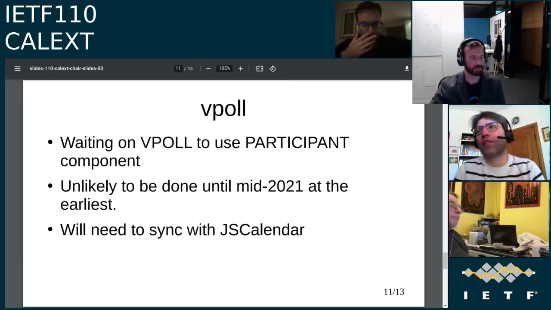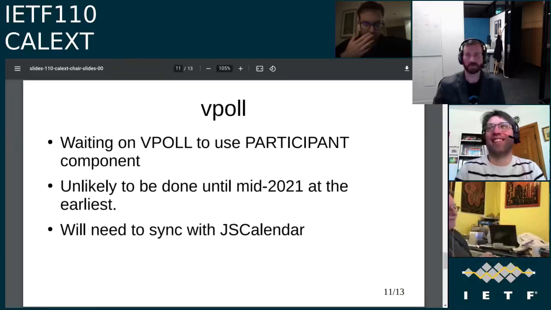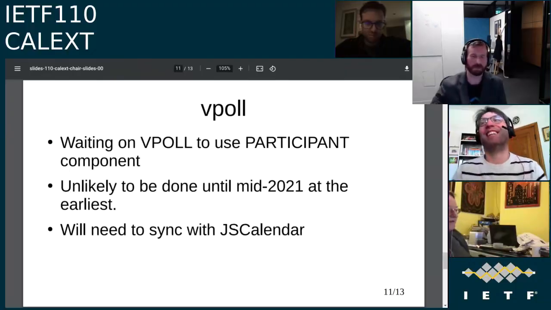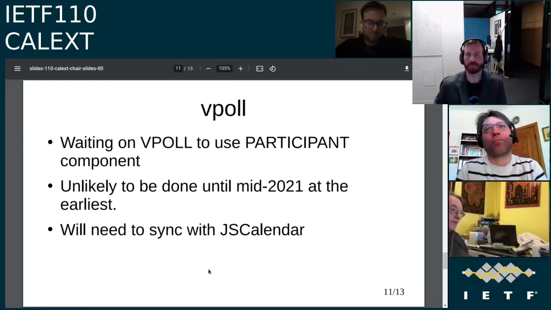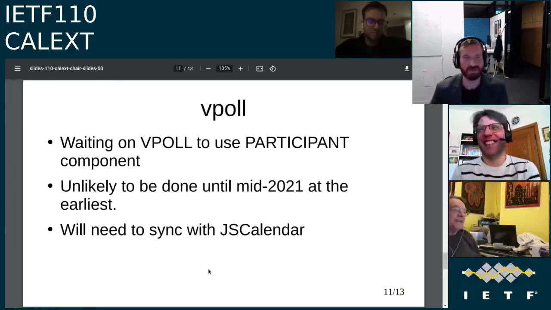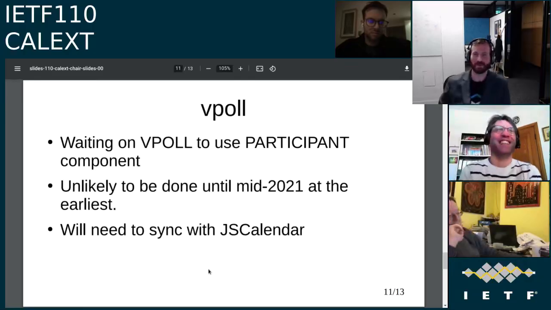So will it not affect it? No more than anything else is affected. Yeah, the problems are the same. Yes, and as the other point Bron raised, this will probably be a spec that will have a JSCalendar section added to it, because by the time this comes out, JSCalendar will be a done deal. You mean another 10 years? By Christmas. Christmas. It says October 2021 in the milestones, but anyway.